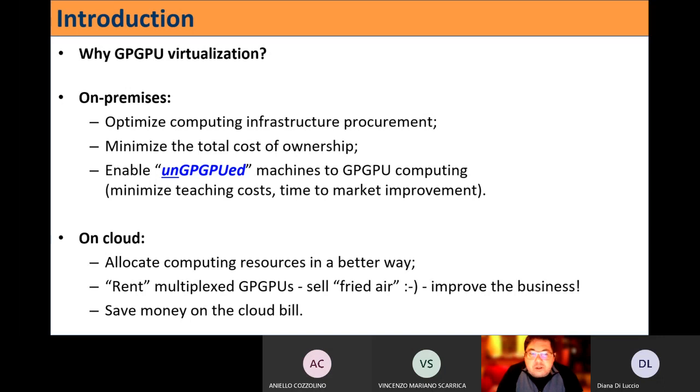With GPU virtualization, it is possible to enable machines that are not directly provided with GPGPU resources to run software that needs GPUs. For example, again, minimizing the teaching costs or even improving time to market, because I can raise a class of experts in GPU-based machine learning applications without having real and costly